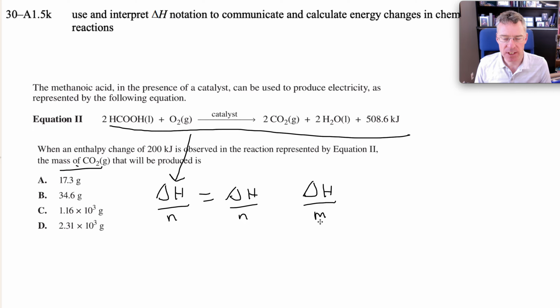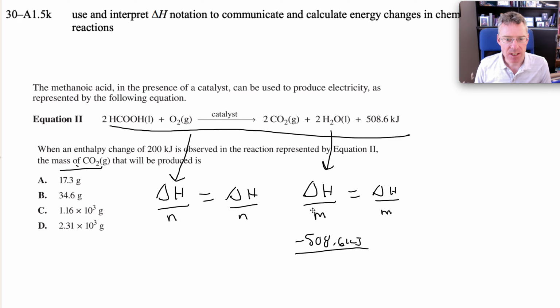Mass to moles for the same chemical is going to be directly proportional. If you double the moles, you double the mass. Okay? So if you double the energy, you'll need double the mass to also do that. So change in enthalpy divided by mass will equal change in enthalpy divided by mass. So in this question, using our given information, we have a release of 508.6 kilojoules